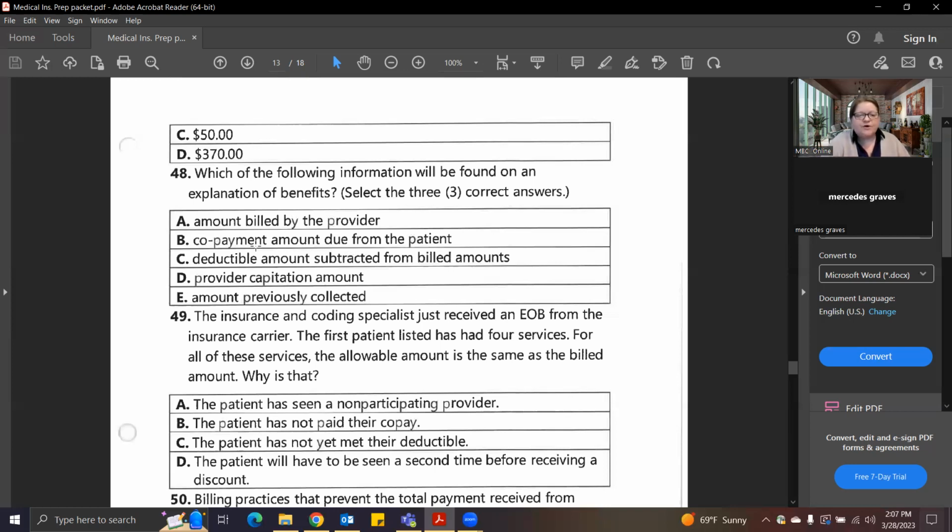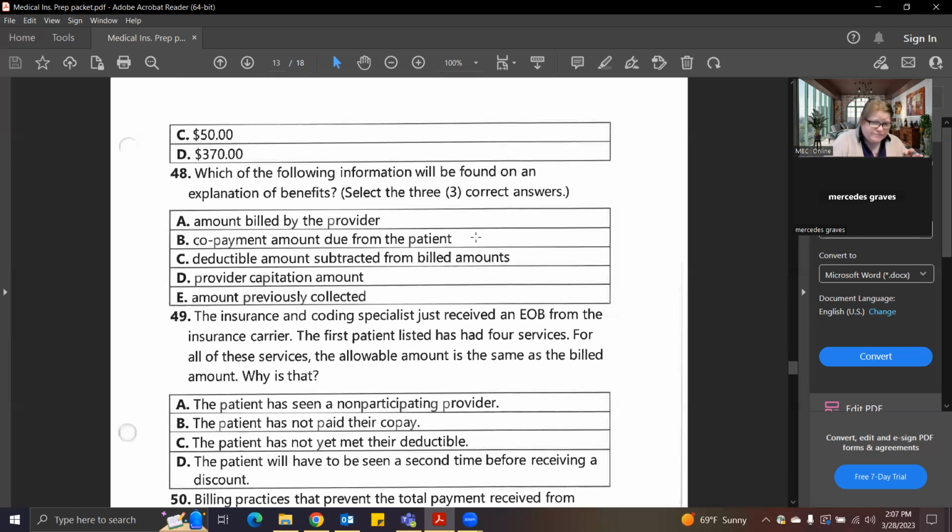All right, B, your copayment amount due from the patient. The whole point of the EOB is to break down who is responsible for what. So everything that the patient owes or has paid is going to be listed there. And same for the provider and the insurance. What they owe or have paid is going to be there also. And the last one